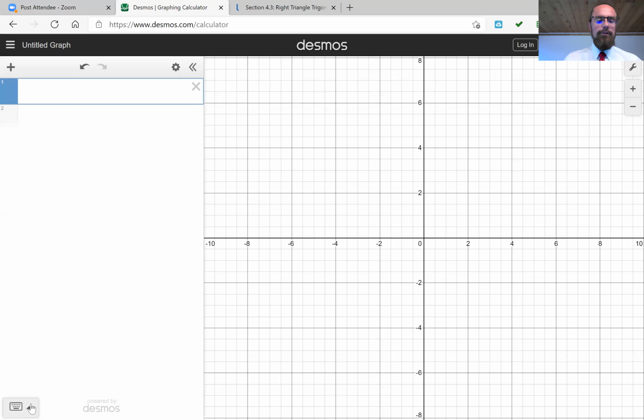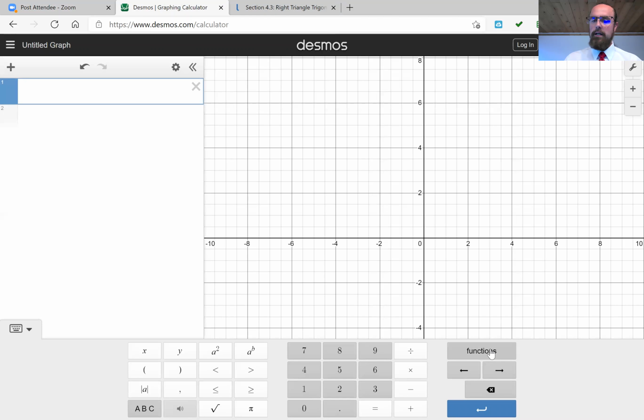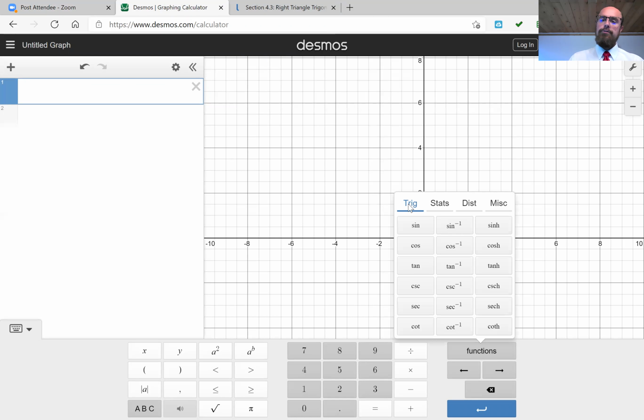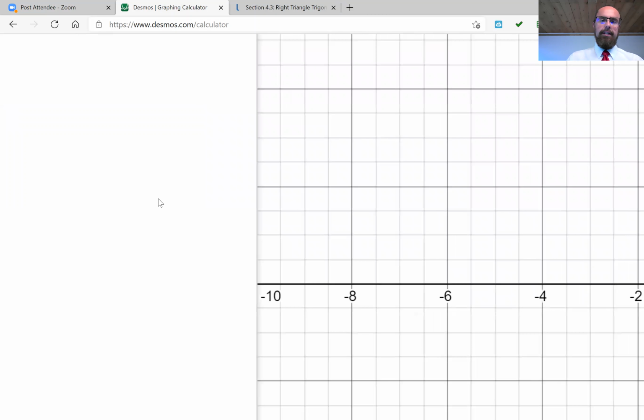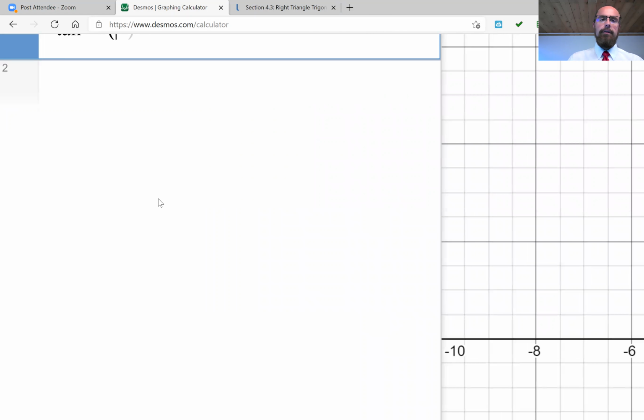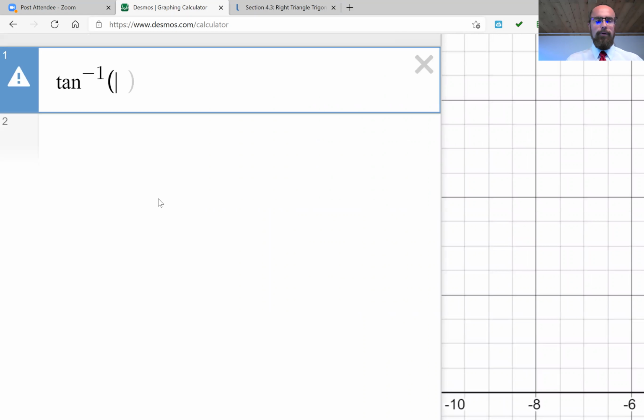So that's under the keypad. If the keypad's not showing, you just click the icon there, select the Functions tab, and then we're in trigonometry. All the original trig functions are on the left column, there's the 6, and their inverses are in the middle column. So I'm just going to select inverse tangent, and then the values we had were going to be 2.3